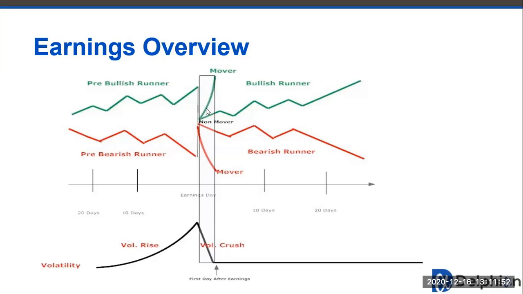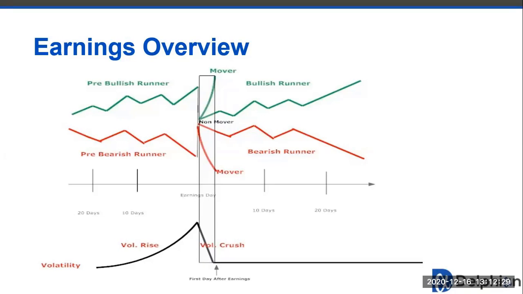We have a mover trade. That's ones that historically have moved a lot. The big key with that is ones that move outside of their expected move, and we'll explain that. And then from there, we also have ones that don't move outside their expected range. Those go hand in hand with the volatility crush. That's a credit trade, and a little more complex, but we'll explain that. Shawn will cover that in detail.